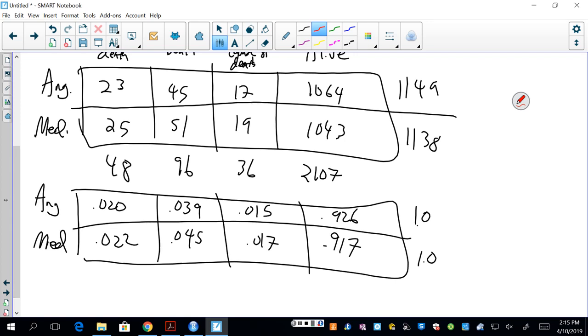So one question I might ask is how many do you expect, say, to have in a particular cell? If these are independent, if these are the same rates of disease, of outcome by group, how many would you expect to be there? On tests I usually don't have you fill out the entire table, but I might ask you about one of these. So this one, you expect,